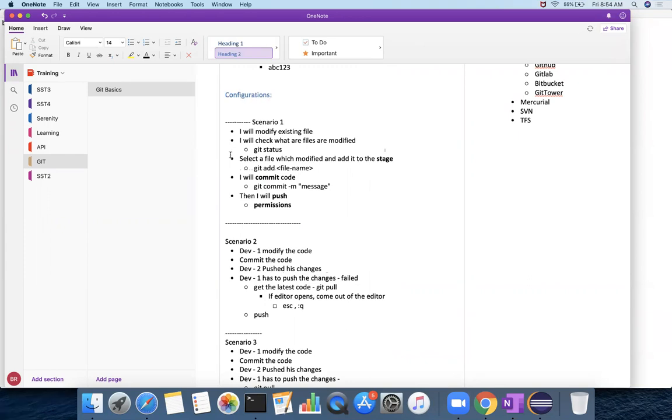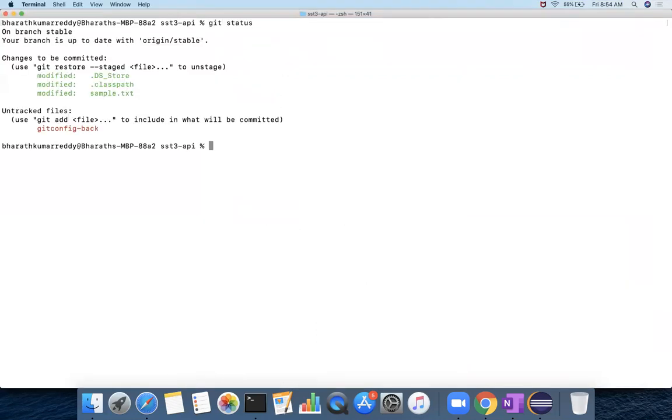When you write git commit -m message, I have made some changes, which I've added to the conflict. Now what I do is git commit -m "changes to the sample file". That I want to commit.